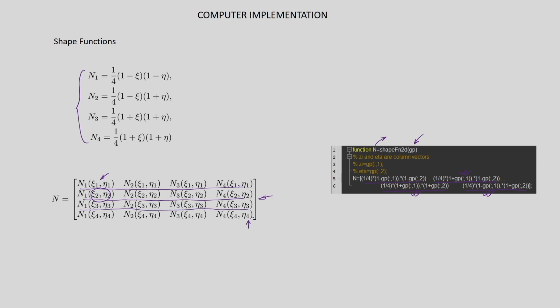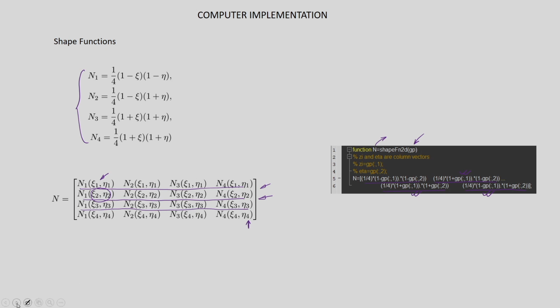So, if we use the 3 by 3 rule, or 9 Gauss points, the size of this n matrix will be 9 by 4, because we have 9 Gauss points and 4 shape functions. But if we use a quadrilateral element with p equal to 2, then we will have 9 shape functions. If I follow the same arrangement, then the n matrix will become 9 by 9 if we use 3 Gauss points in the xi and eta directions. This is how it has been stored in the present code.